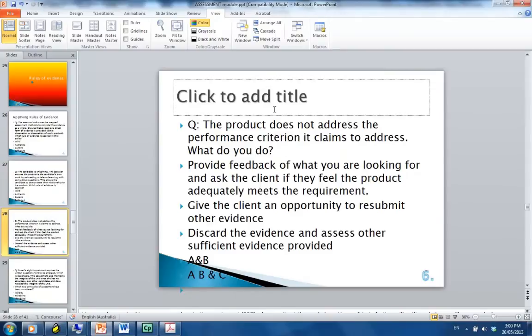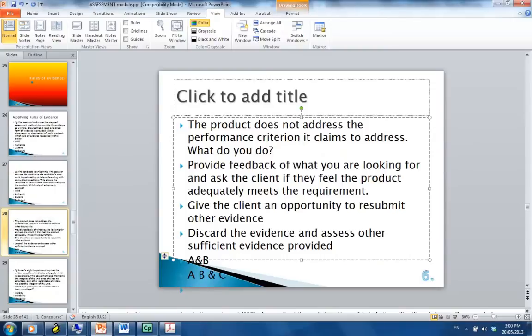Now this is the next scenario. The product does not address the performance criterion it claims to address. What do you do? Do you provide feedback of what you're looking for and ask the client if they feel the product adequately meets the requirement? Do you give the client an opportunity to resubmit other evidence? Do you perhaps discard the evidence altogether and assess other sufficient evidence provided? Well, actually, you could do all three or any combination of it, because this is all about